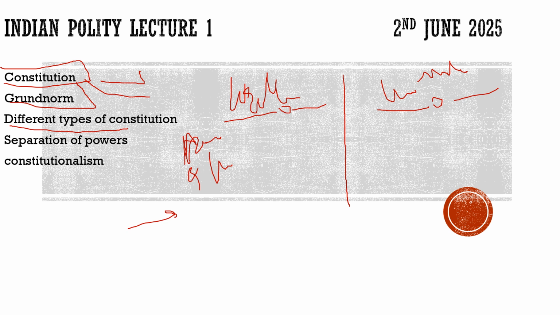Another feature of the written constitution is that when it is in book form, the amendment to it becomes difficult. You cannot easily amend it. For example, take the Citizenship Amendment Act. Tomorrow, suppose Narendra Modi decides to amend it. He can easily amend it. There are very few restrictions to that.